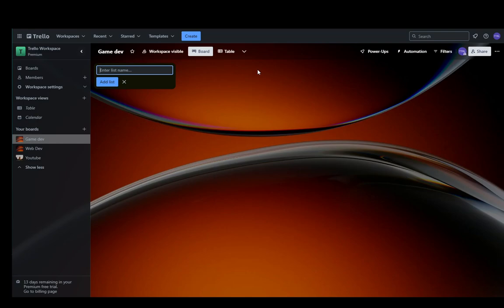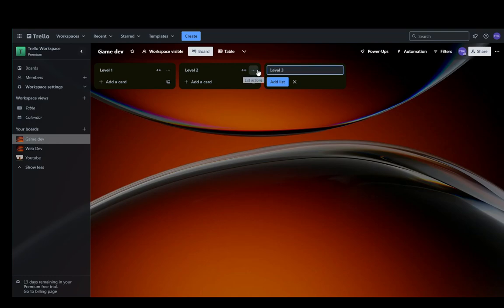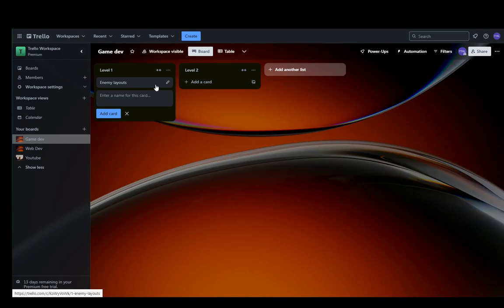If you're a designer, if you're a coder, if you're a musician, if you're an artist, you can pretty much make these lists very big segments of work. For example, I'll pretend I'm a level designer, and I'll name this level 1, then level 2, level 3, and in level 1 I'll add enemy layouts, I'll add